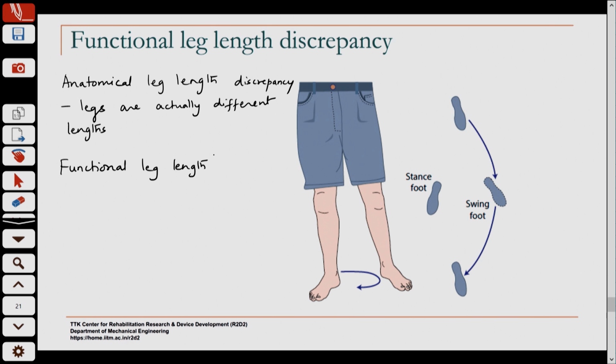So, when the person is standing and you measure the leg lengths, you may not see a difference in the leg lengths, but you call it functional leg length discrepancy because when you are walking, leg lengths kind of change. So, if you look at from the hip to the lowest point on the leg, they vary as you walk. So, when we say functional leg length discrepancy, we are talking about that leg length not being what it should be for normal walking. So, an example, suppose in the swing,